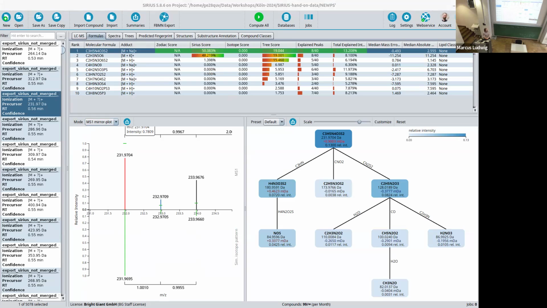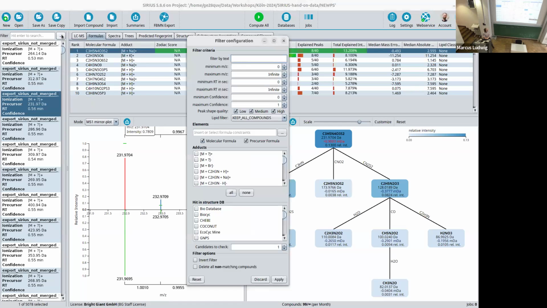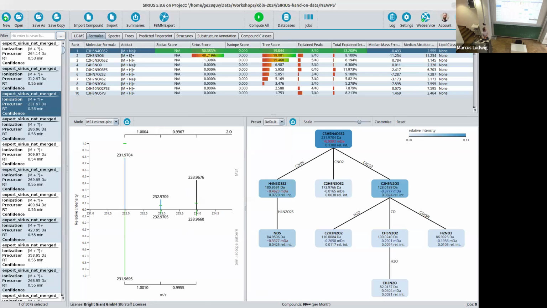Maybe that's why, I remember from the slides, the DOM sample is basically the hardest thing you can use for annotation. And maybe, I mean, these are also the very early compounds, right? Before 1 minute, maybe this is not the best example. So I remember what I wanted to do is, if you now have like 5,000 compounds in your data,